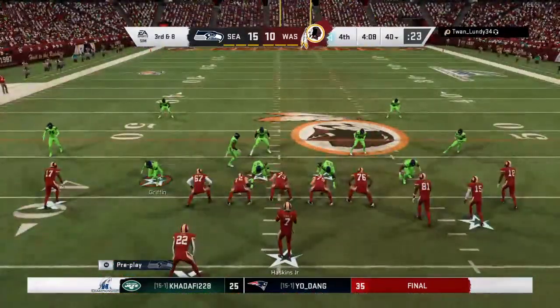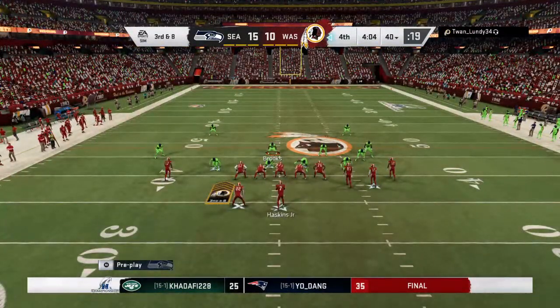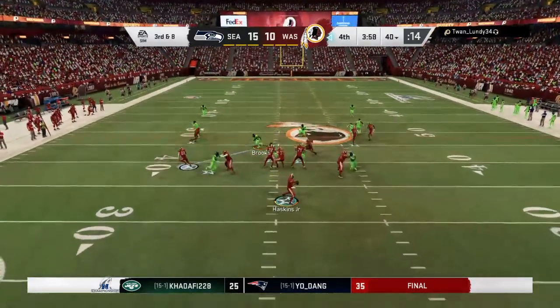The Redskins on 3rd down. They have been superb. 5 for 6 to this point. This is 3rd and 8. Quit talking about it and wing it. 58's the mark. From the gun,